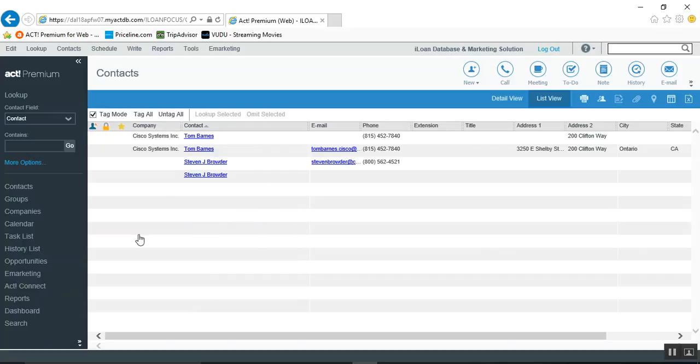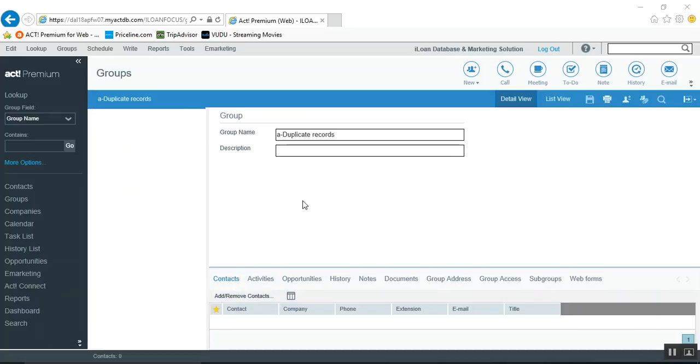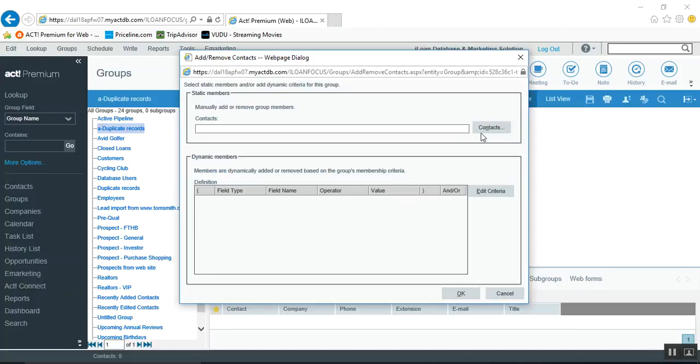And then what I want to do is add those to my duplicate group, because again, that duplicate group is where you can work through the records as you have time and do the cleanup. So I'm going to go back to groups. And here I'm on my duplicate record group. I'm going to click on contacts, which is right down here. And then I will have the ability to add, it's called the lookup in ACT when you pull up more than one record. So I will have the ability, I apologize, it's this button, add remove contacts. So I click that button,